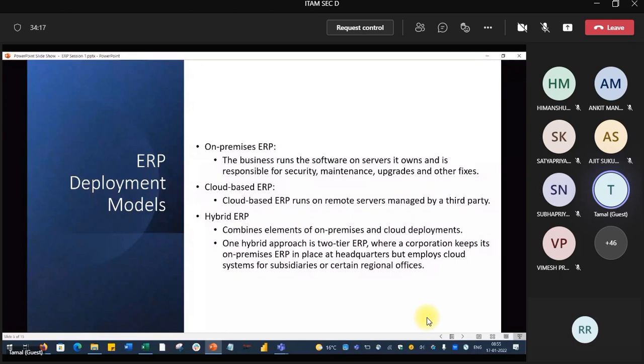Okay, we can choose cloud because of the less cost. Obviously, it is less expensive and less time consuming. But big companies that have already invested a hell of a lot of money in their on-premise ERP infrastructure will not be able to move entirely to the cloud, right? They have to take a hybrid model.